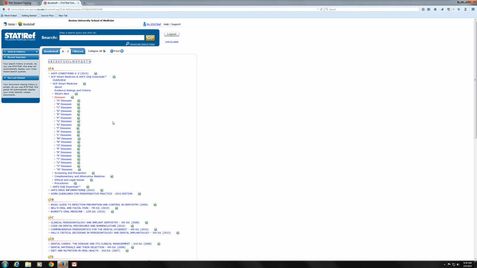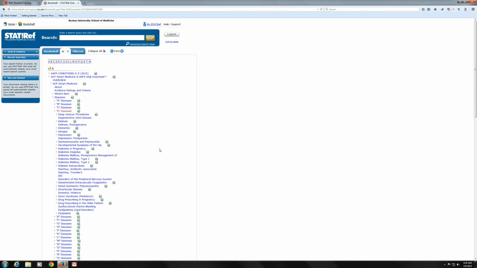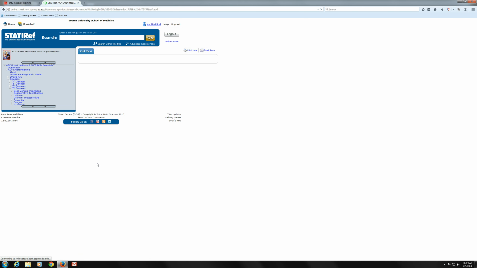And then obviously, because we're looking for diabetes, I'm just going to click here on D. So these are all of the diseases that ACP Smart Medicine has sort of chapters about. And because Judith has type 2 diabetes, you're going to come down here to type 2 diabetes mellitus, and just click here on this little sheet of paper with this green arrow to get to the full text of that